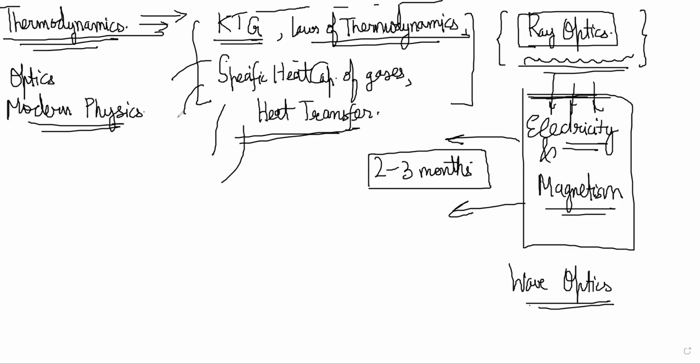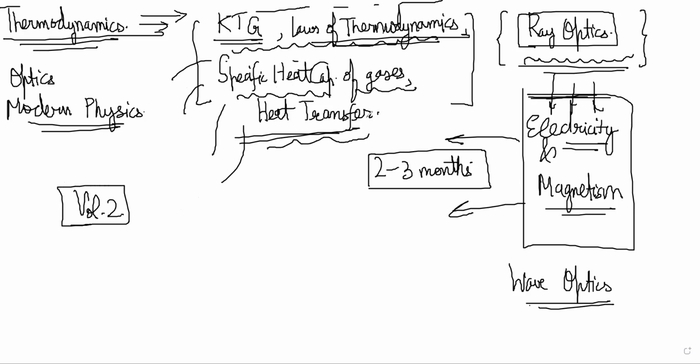These chapters are in Volume 2, the first few chapters. Ignore the first chapter, which is temperature and all. It is also important, but you know all of that, and it just talks about different types of thermometers. Ignore that, but these 4 chapters are super important. You should actually be practicing them. You should know how to solve problems here. We will be focusing on these chapters when we do thermodynamics.